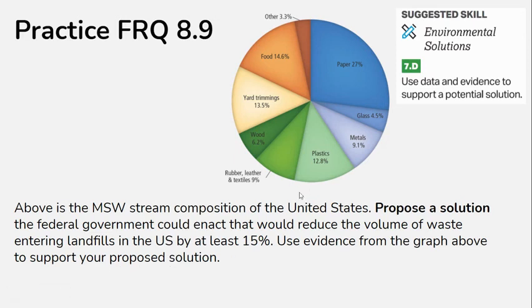Well, what of these materials can be incinerated? Paper, food products especially. That would account for 27 plus 14%. So that's 41.6% of our material that can be incinerated, and add to this other organics and wood. All of this stuff can be burned and incinerated, right? We can also propose recycling, much more heavy recycling by at least, again, 15%. So we got plastics and metals right there. Aluminum, we don't want to send aluminum, and we don't want to send a certain plastic. So right here, this adds up to above 15%.